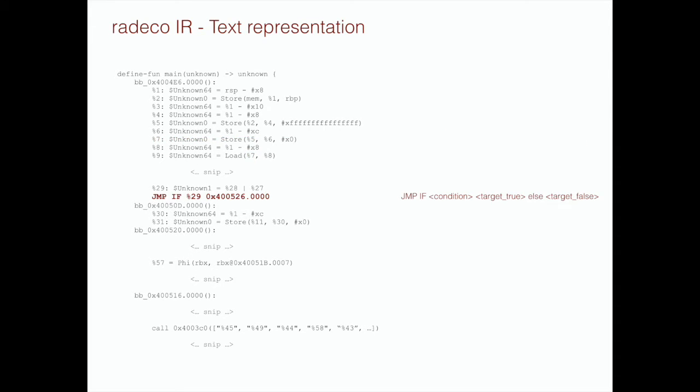Conditional jump expressions are of the form jump if condition, followed by the true target, else false target. If the false target is the next instruction, then this part is omitted because it makes it